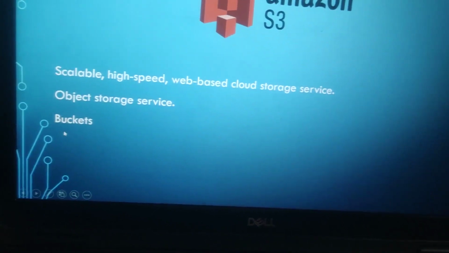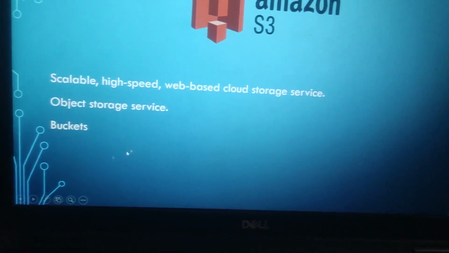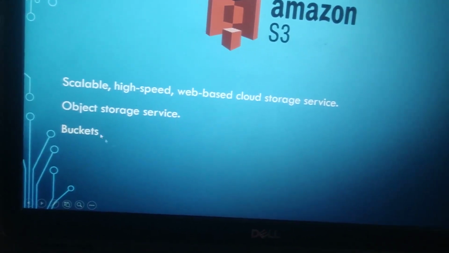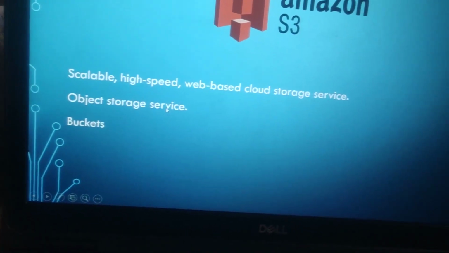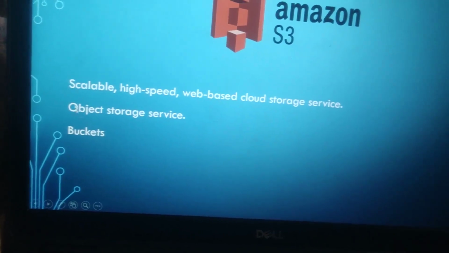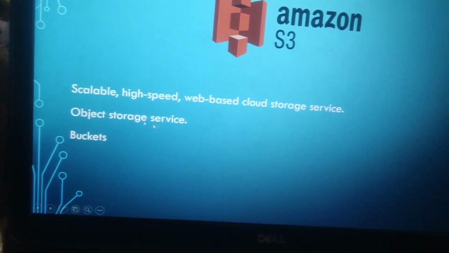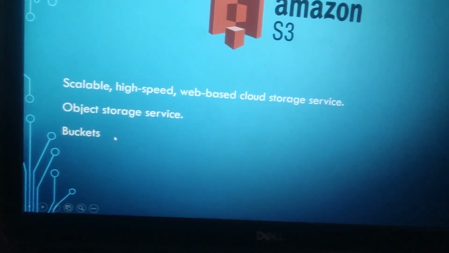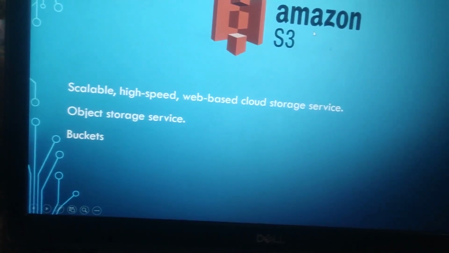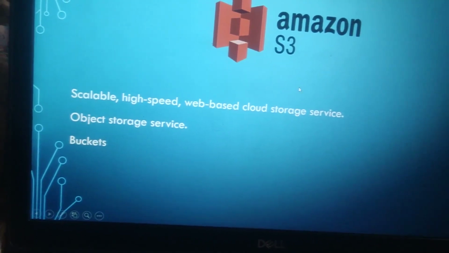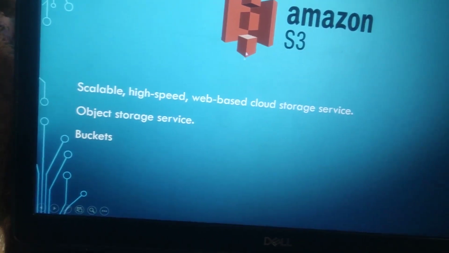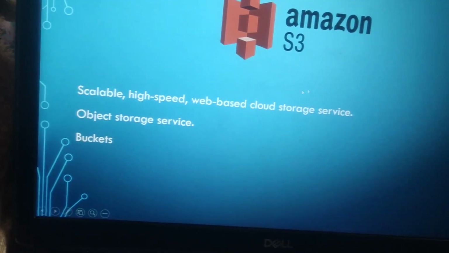Coming to buckets. I'm telling you everything is stored as objects. Now where these objects will be stored is the question. Obviously there should be some place where these objects are going to get stored, and those are known as buckets. So in Amazon S3 everything gets stored in buckets. First you have to create a bucket, and later you have to upload or store the objects